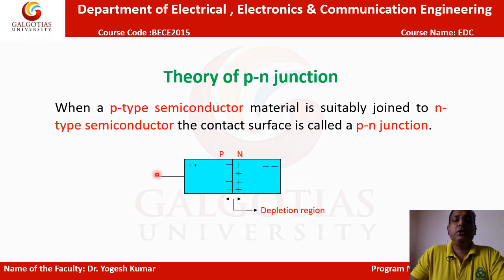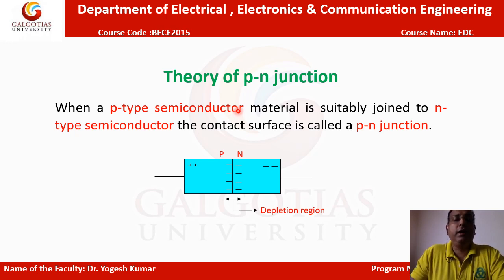Before going to the construction part of this, let's have a basic idea about the semiconductor. We know what a semiconductor is. Semiconductor is nothing but a part of a solid. We have three types of solid: one is the conductor, one is the insulator, and the third is the semiconductor. Semiconductor lies in between the conductor and the insulator. Its resistance is less than the conductor but greater than the insulator. So its conductivity is greater than the insulator but less than the conductor.